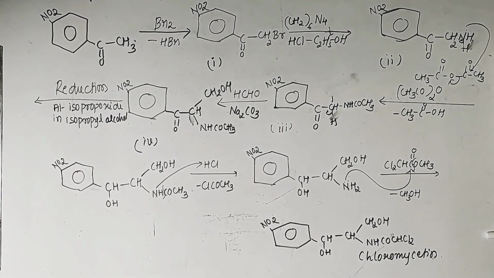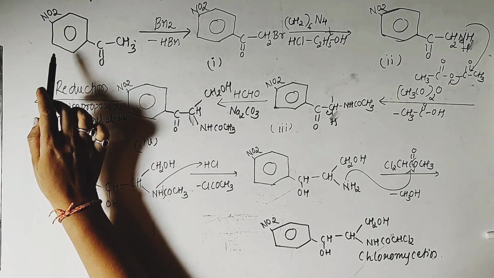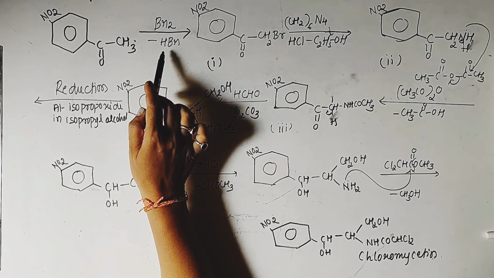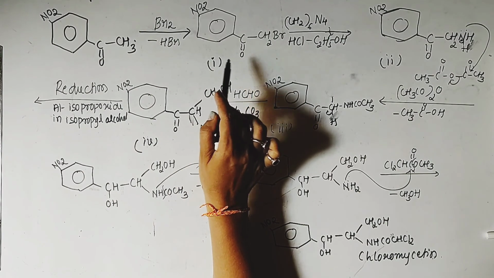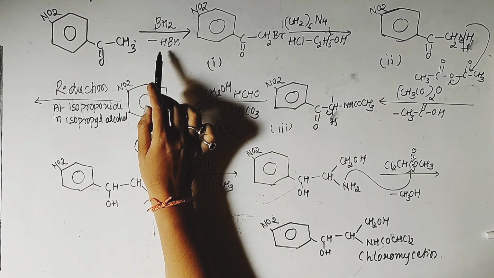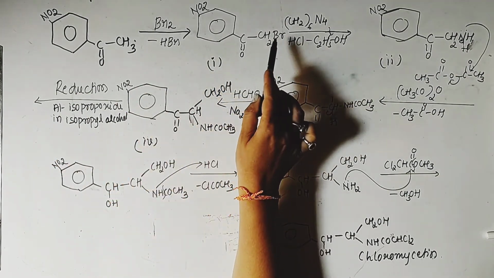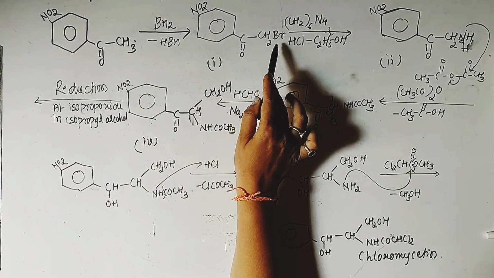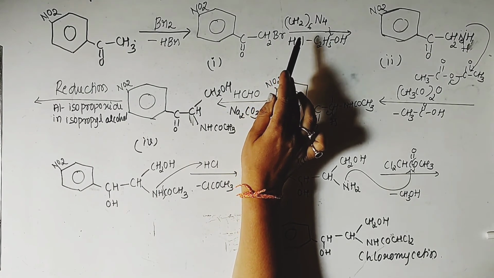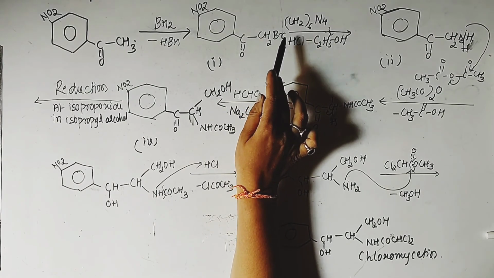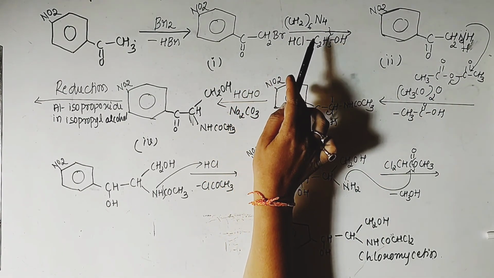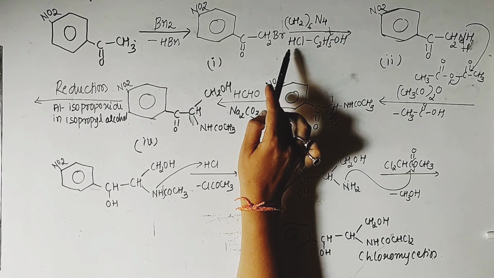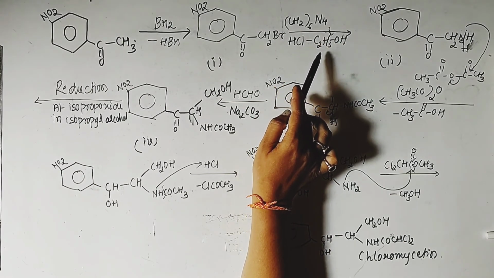The synthesis is somewhat lengthy, but it is easy. I will briefly explain once again. Initially, nitroacetophenone undergoes halogenation with bromine and it leads to the formation of the intermediate product 1. And the process is carried out with the elimination of hydrogen bromide. Then later, at this position, we need to introduce the amine group. So for that, we undergo the hexamine reaction, which takes place in presence of hexamethylenetetramine, and the reaction is carried out in hydrochloric acid and ethanol.